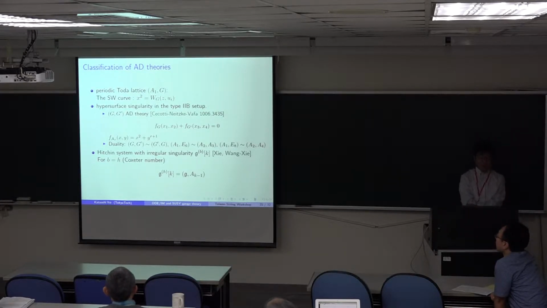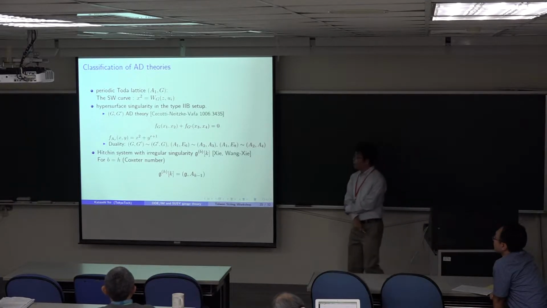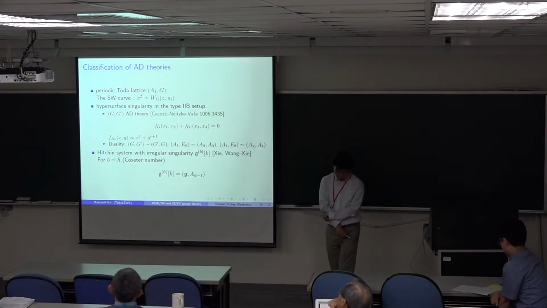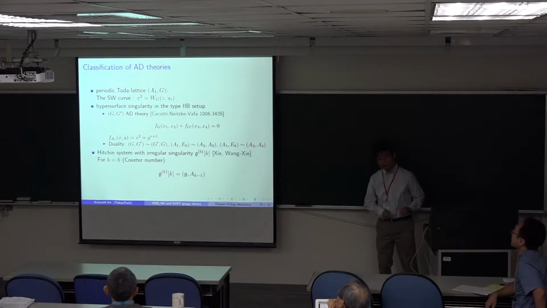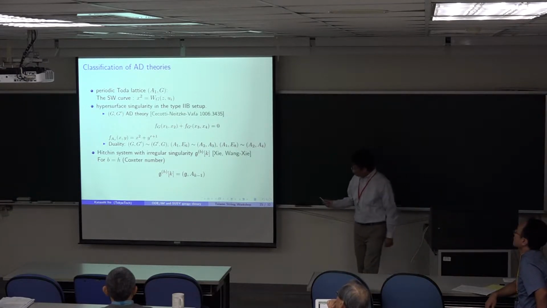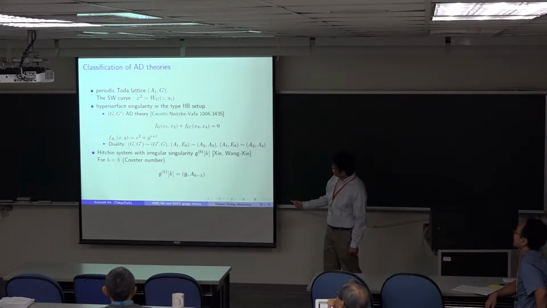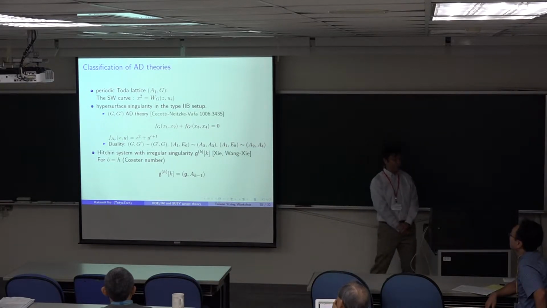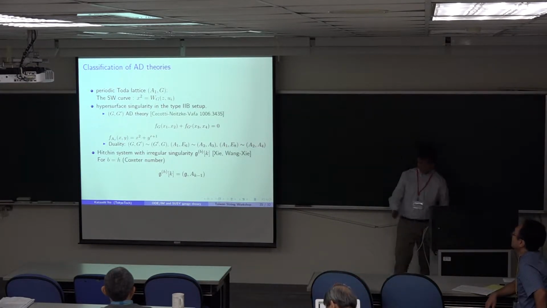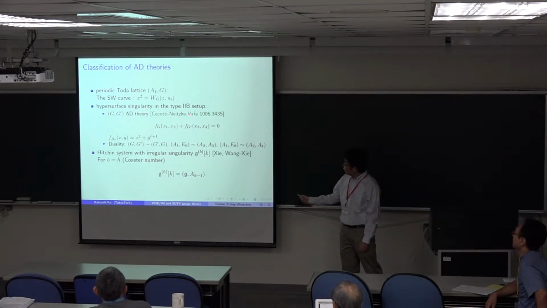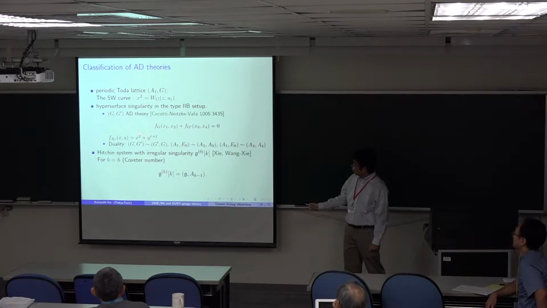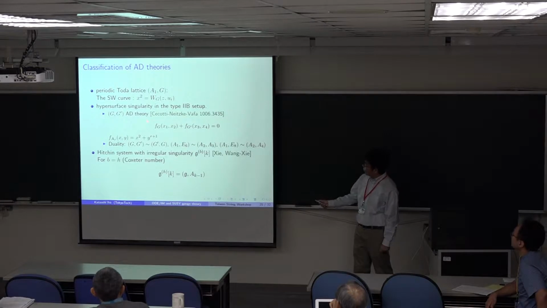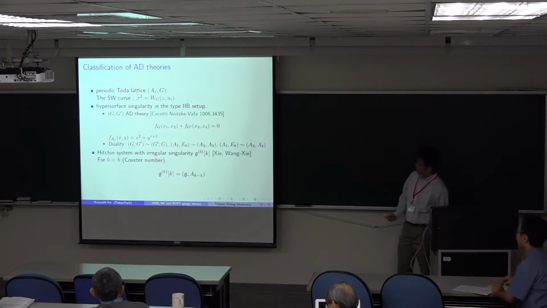But there are some other types of Argyres-Douglas theories that can be constructed in various brane setups. Another way of constructing the Seiberg-Witten theory is some kind of hypersurface type singularity in type IIB superstring. For example, we consider some theory on the two singularities of ADE type polynomial. We will have the so-called G, G prime type AD, I guess.